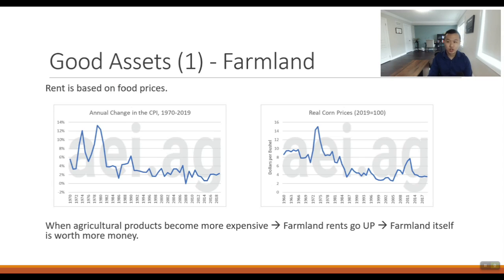Number one, the good old American farmland. So how this business model works in farmland is that, let's say, hypothetically, I own 400 acres of farmland, and I clearly have two options here. I can either rent the farmland out to third-party farmers to operate, to farm their agricultural products and sell, and pay me rent, so that will be my income.